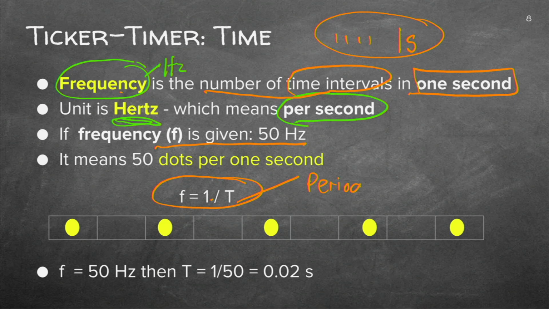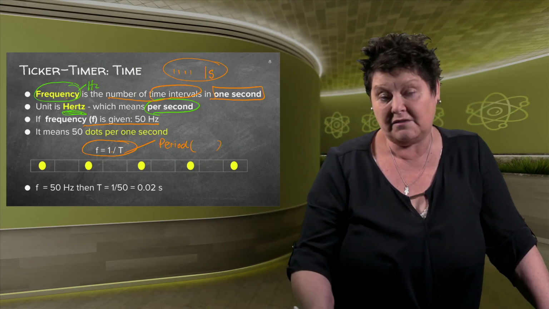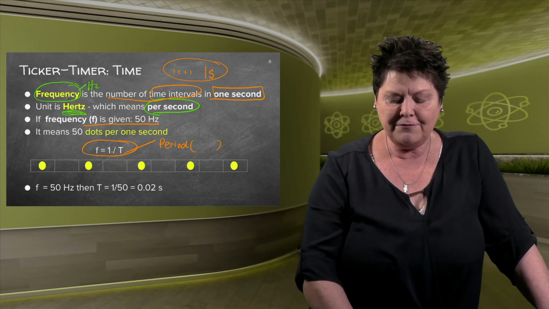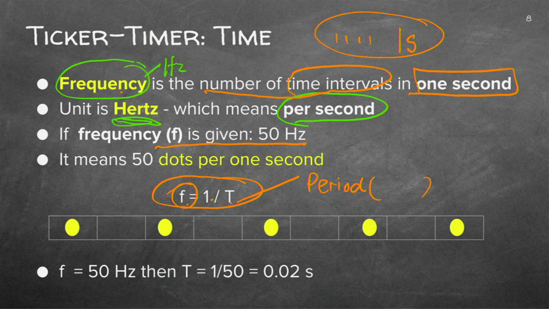And you know when you're in school, the period will be how long? What's the time of the period of the subject that you have? So if I've got 1 over t, I can calculate the frequency. Or I can get the time if I've got 1 over the frequency. So if this apparatus was set at 50 hertz, it's 1 over 50, which means there was 0.02 seconds before it made the second dot.